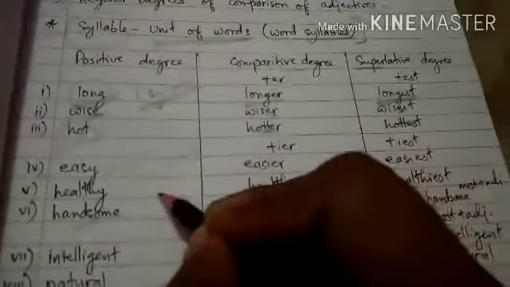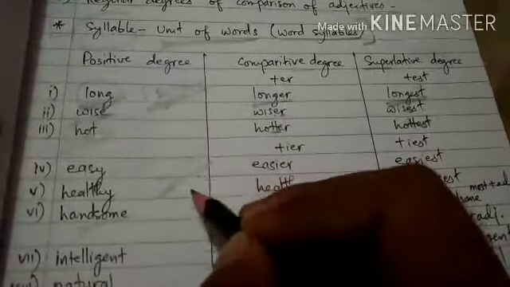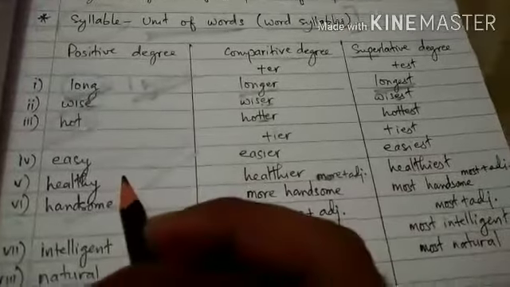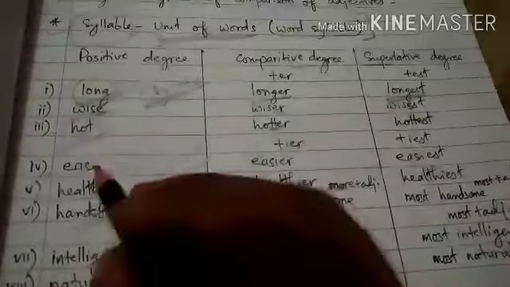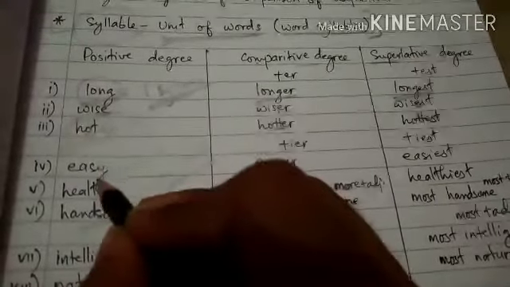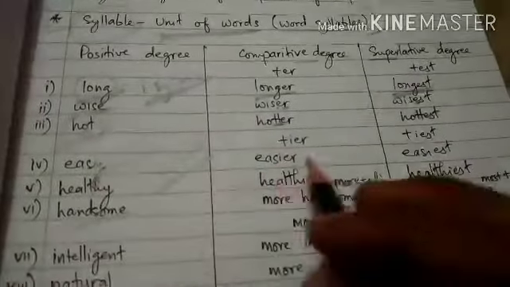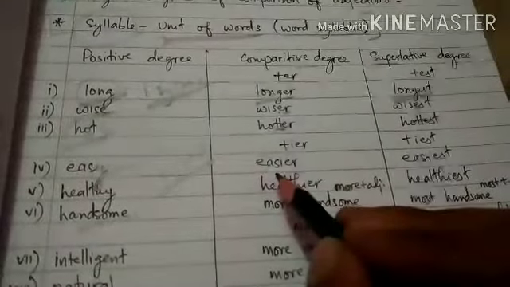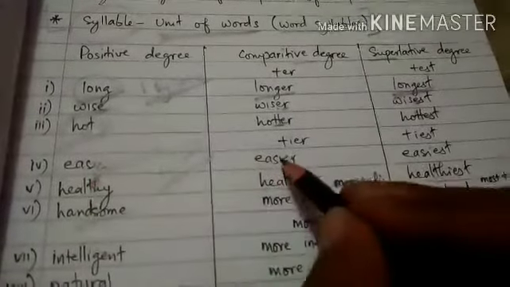So we also call them disyllabic words. Disyllabic words. If adjectives are disyllabic and end with y, अगर कोई भी adjectives डबल syllable वाला हो और वो y से end होता हो, तो to change it into comparative degree we have to remove y, and in place of y we will put